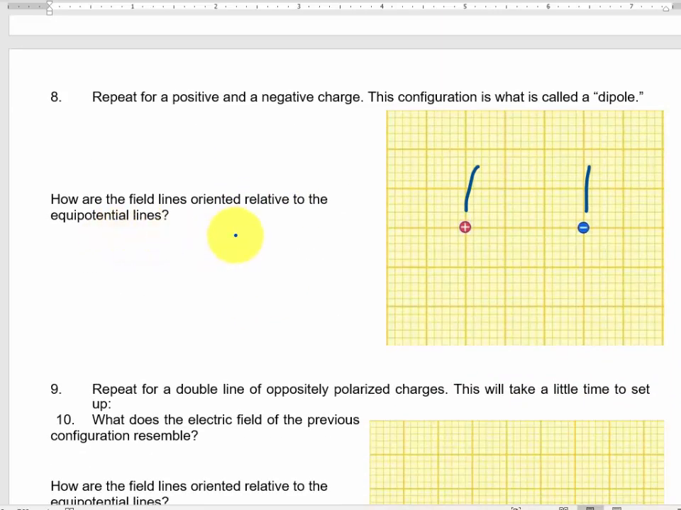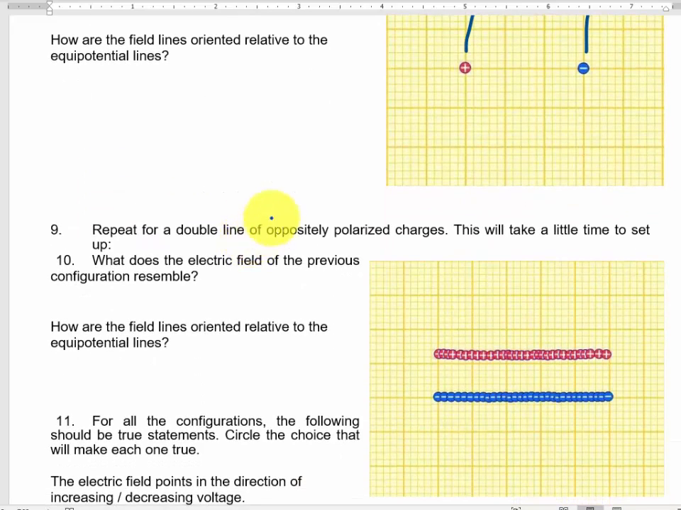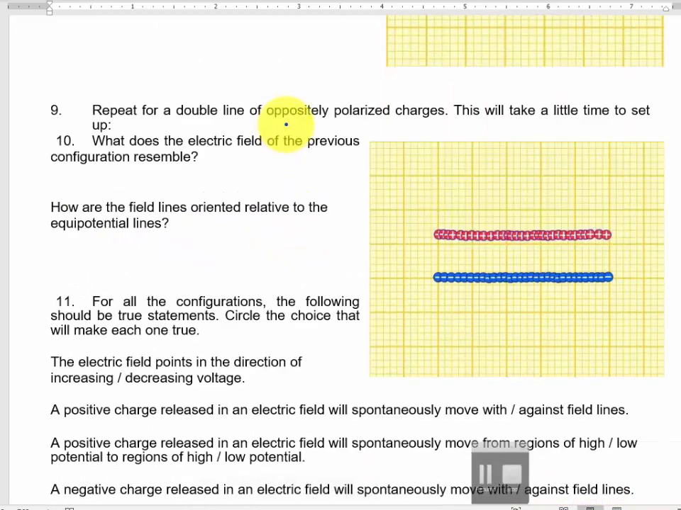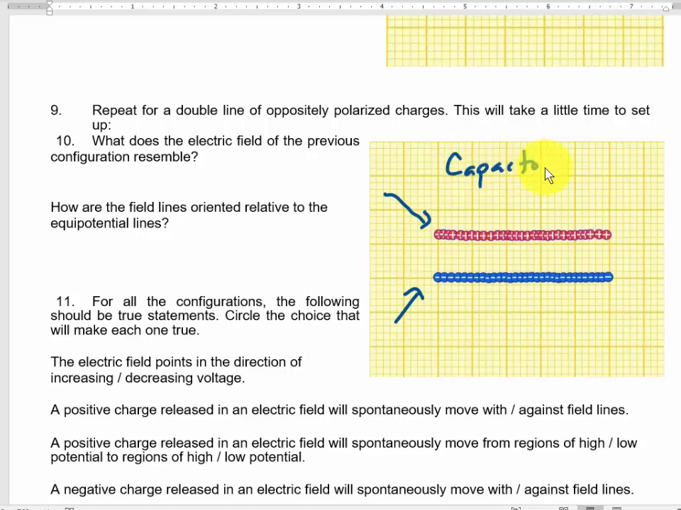Again, the book is going to give you a hint for what you should be looking at. Last but not least, I have you do a line of positive charge and a line of negative charge and identify where the electric field ought to be and the lines of constant potential. In the real world, we're going to call that, in a couple of chapters, a capacitor. And this is going to be